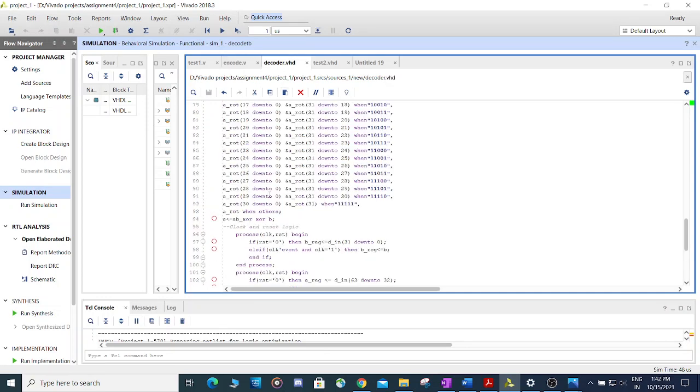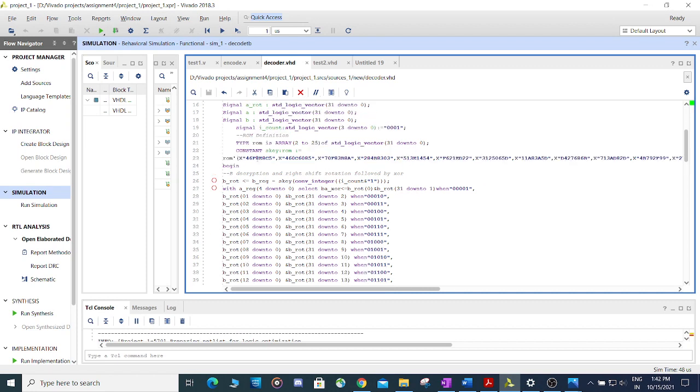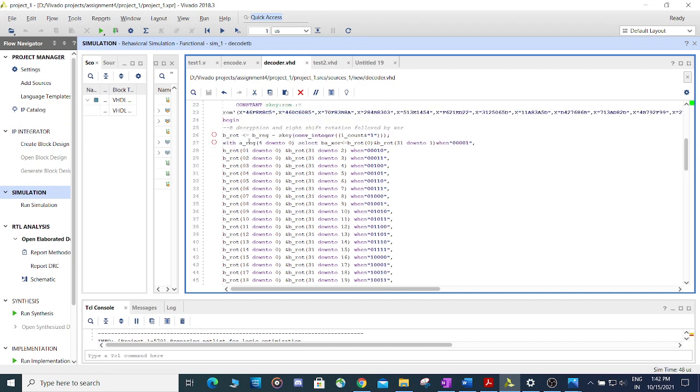Similarly, for the decoder, we do just the opposite steps. And in here, as you can see, we have again defined the ROM. Then we have decrypted B using the hard-coded ASCII ROM.